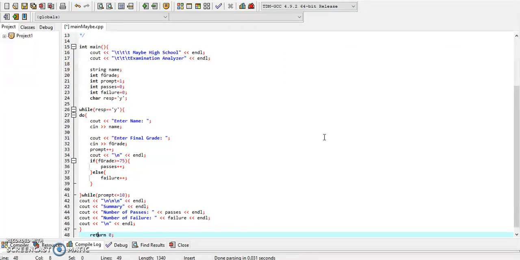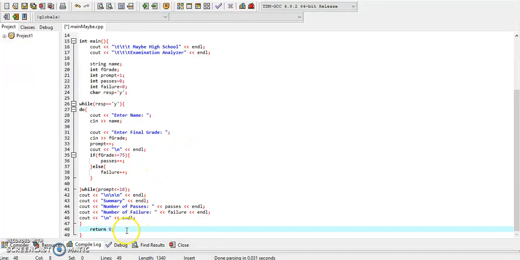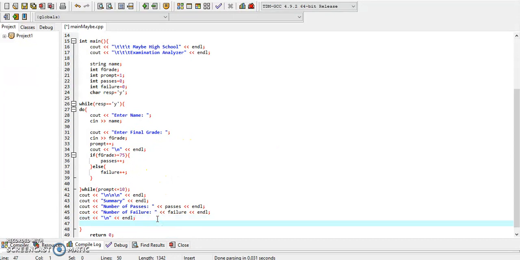No, we need another condition. We need one where it says if more than 6 people pass, we're going to print this, else we print something else. So let's just copy this for now. Alright, so let's copy that, and we'll have the if statement under here. So say if passes is greater than or equal to 6,